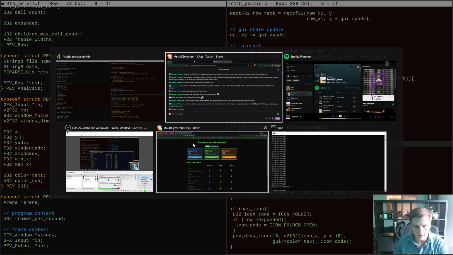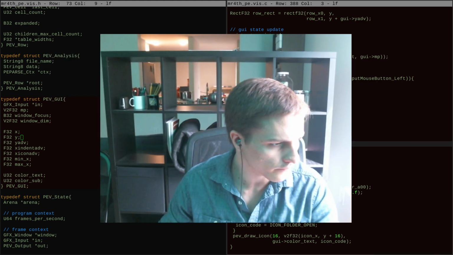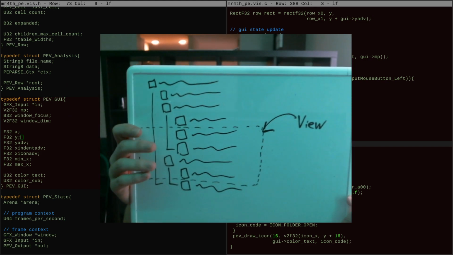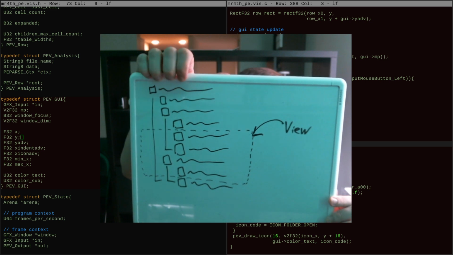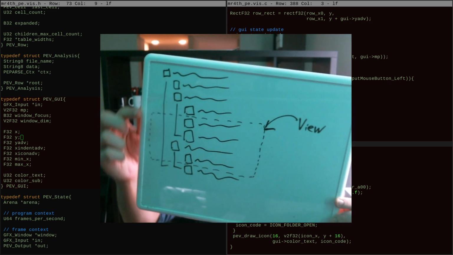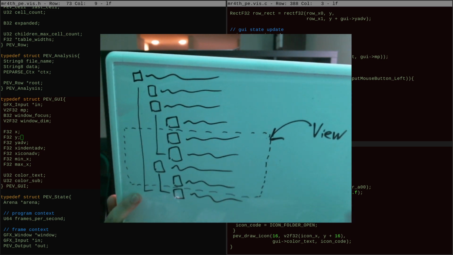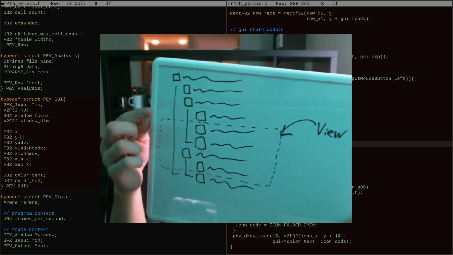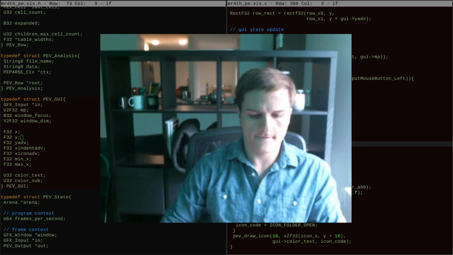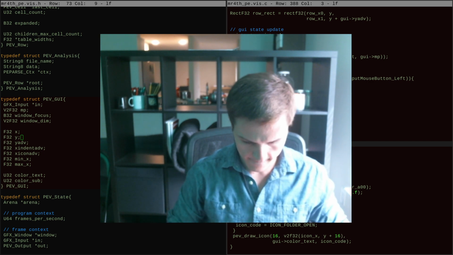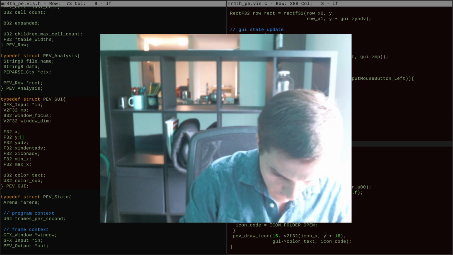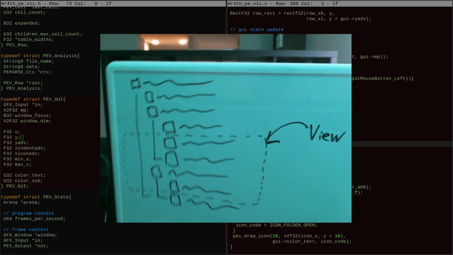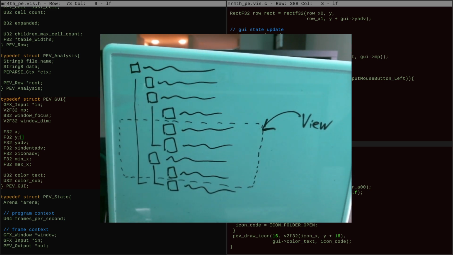So the scenario I'm thinking about is like this, right? We've got some kind of hierarchy like this, and then we have a view box like this. You know what I'm saying? And so the question is, how am I going to figure out? So what should happen is somehow when I render,